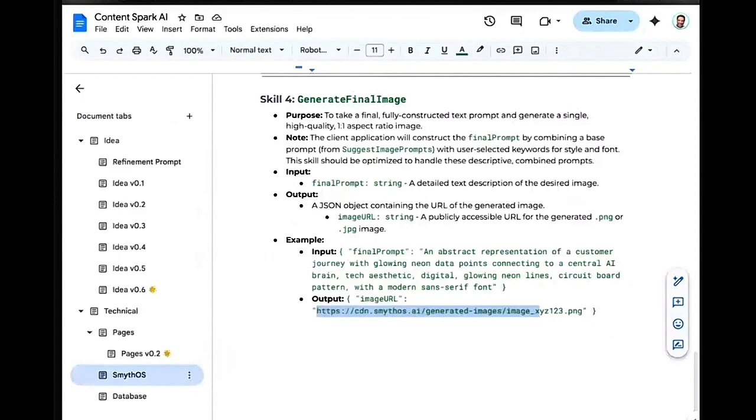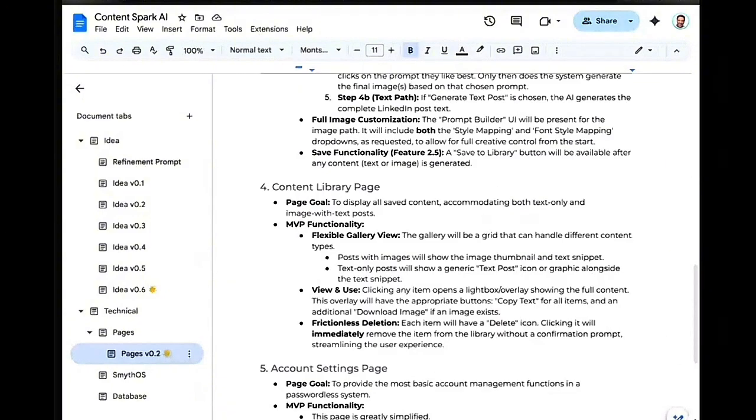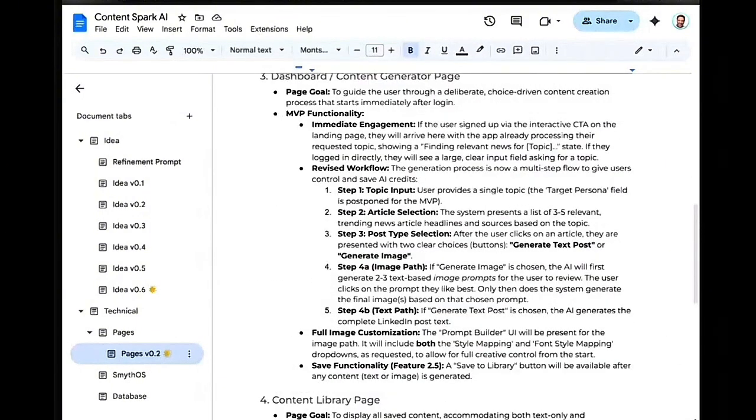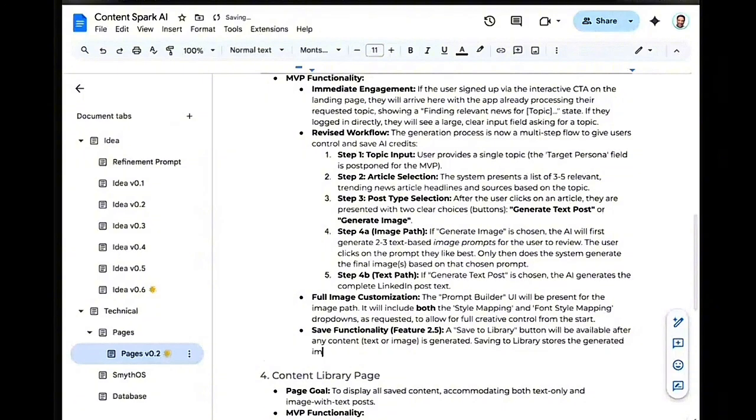I guess it gives a URL, but then the output needs to be stored in the database because we do not store it forever. But that is not a SmythOS problem. That is a Pages problem. So let's make sure we add it to our prompt here. Save to library. Okay. Saving to library stores the generated image and